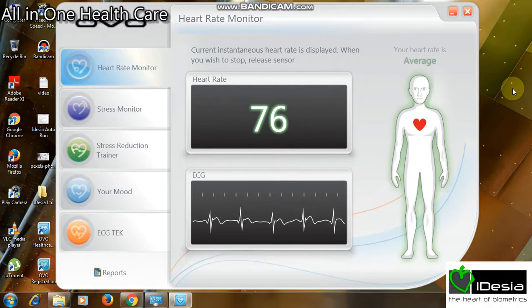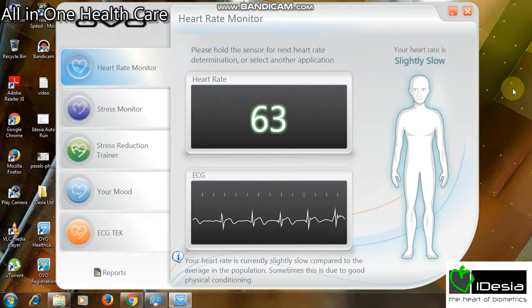There is no disturbance at all, and you can see the heart rate is recording on the top, as well as on the right hand side you can see one human idol, that's heart is beating, and the moment the heart rate is increasing, the idol's color is also changing in the background. So heart rate status is classified as various levels: slow, slightly slow, average, fast, etc. And you may release your fingers anytime you wish.